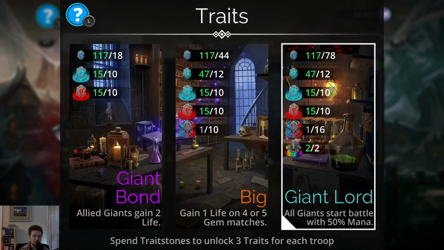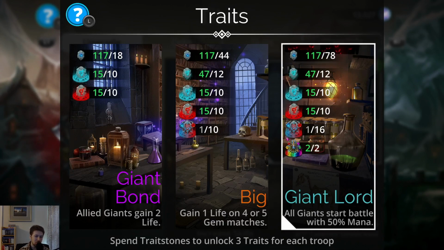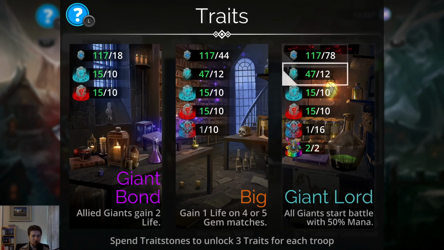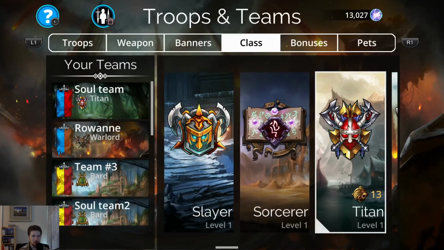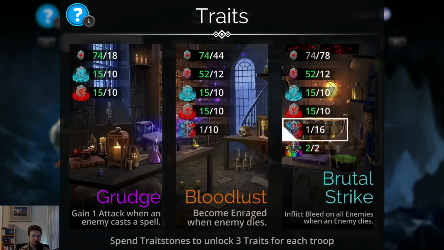You might want to trait the Titan class first, just because having this class start with 50% mana is a pretty good thing to have, especially early game when you don't have a whole lot of other ways to get mana. You do have some converters, but so that's nice. Plus, it will allow all giants to start with 50% mana. So you're not just boosting the class to 50% mana. You're also giving all giants, and there are quite a few good giants in the game, especially the trolls. They're going to also be your really good mana generators, those trolls. So you might want to go for this before you go for unlocking the trait stones here, right? So yeah,